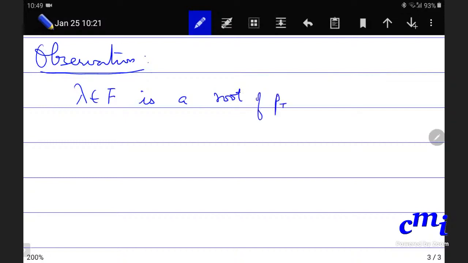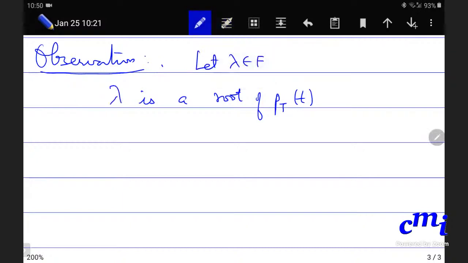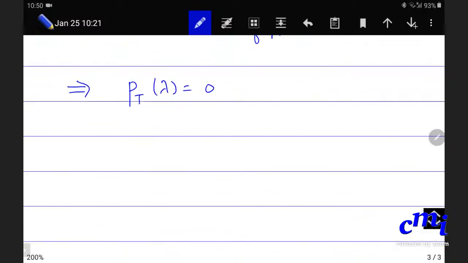Let lambda be in F. Lambda is a root of P_T. What does this mean? This just means that P_T of lambda equals 0, which implies